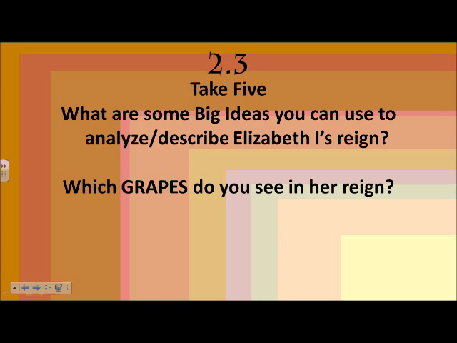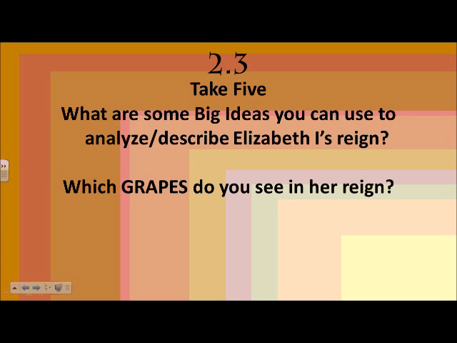So with Elizabeth, you can see analogy with the cult of Elizabeth. She is using something familiar like the Virgin Mary to describe something new, meaning her reign. You could see irony in the Spanish Armada. The intent was to take over England when the actual event was Spain is squashed.